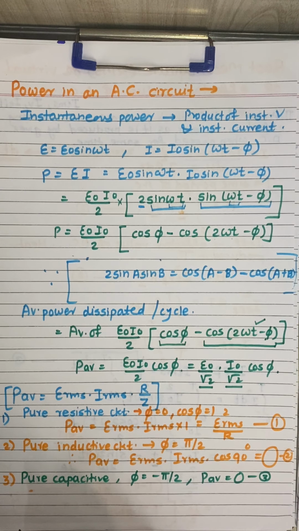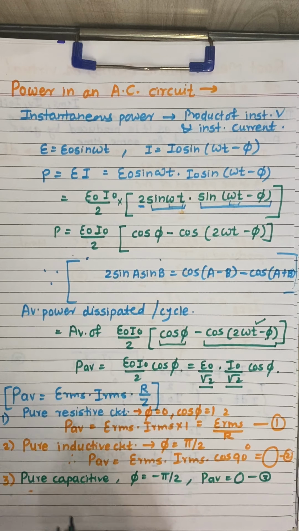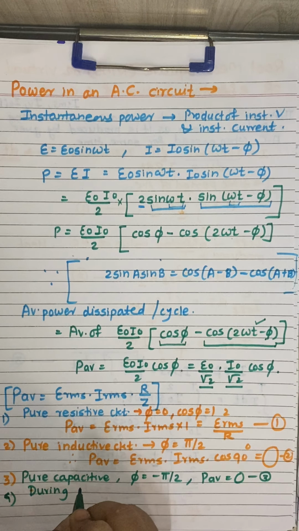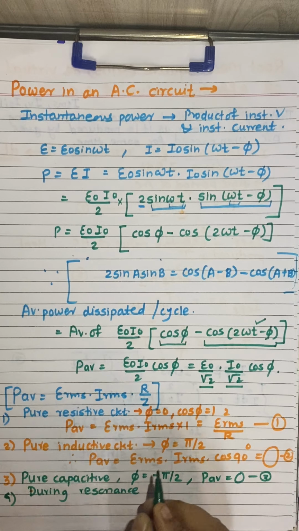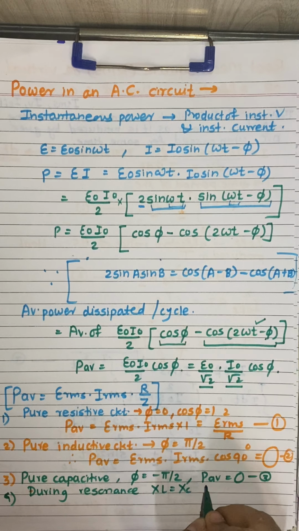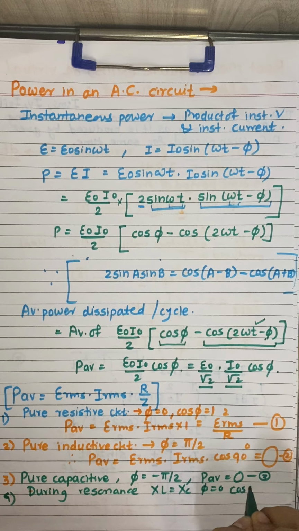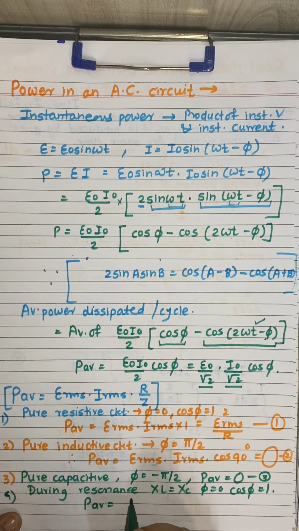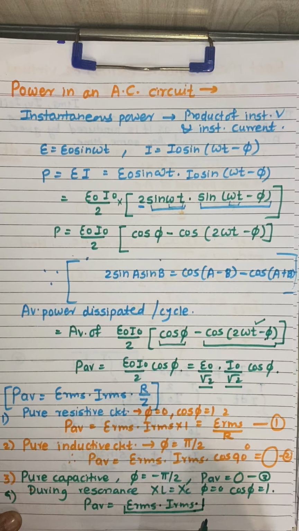Therefore we are considering only the purely resistive part whenever we consider the LCR circuit. And during resonance, this is very important. During resonance, we know that XL is equal to XC and phi is equal to 0. Therefore cos phi is equal to 1. When cos phi is equal to 1, obviously P average becomes E RMS into I RMS into 1. So that is equal to E RMS into I RMS, and this is nothing but the maximum power dissipated in the circuit, which is through R only at resonance. So this is the case for resonance.